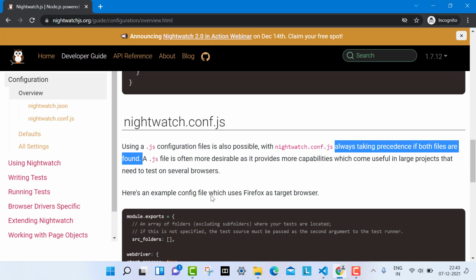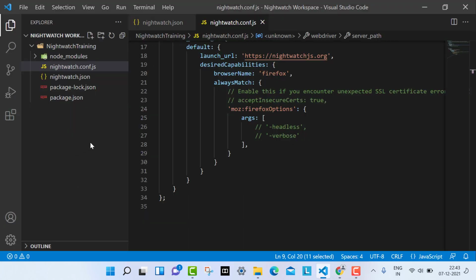So what it is telling is that if in your project you have used both configuration files, one in a JSON format and one in a JavaScript format, it will take precedence of the JS file. Meaning it will ignore the JSON file and use the JS file. I hope I made it clear.